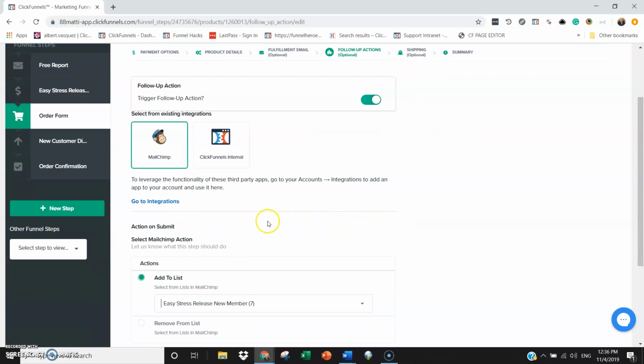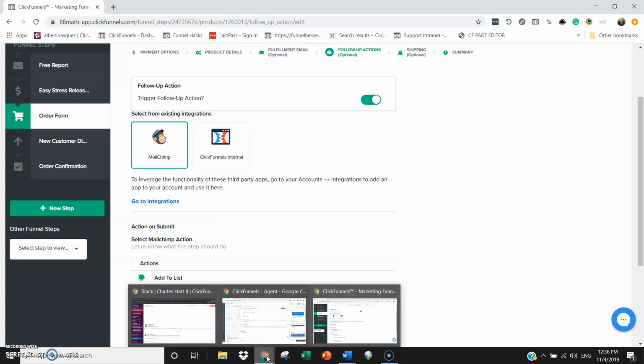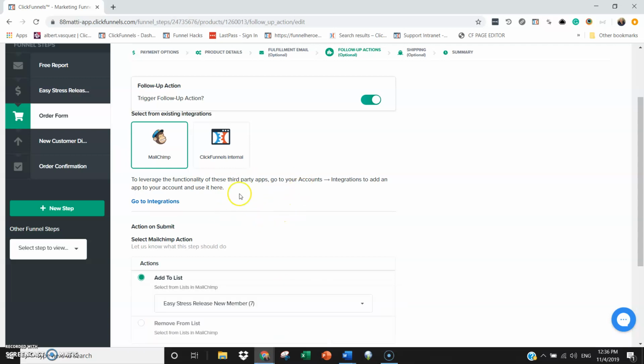one, make sure you're using Chrome and you're not using Internet Explorer. You need to make sure you're using Google Chrome or Mozilla Firefox, as ClickFunnels is designed to be optimal with those two platforms. It doesn't work well with Internet Explorer. It's just the nature of Internet Explorer. There's a lot of programs and software that do not work well with it. Okay, so that being number one, and then two,